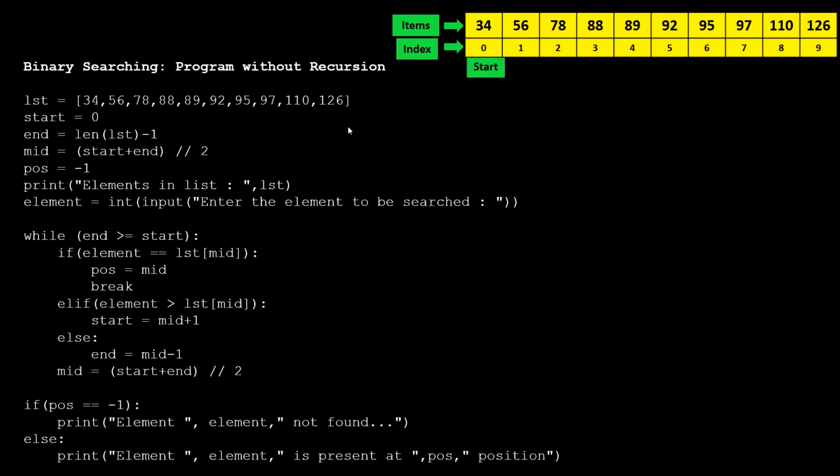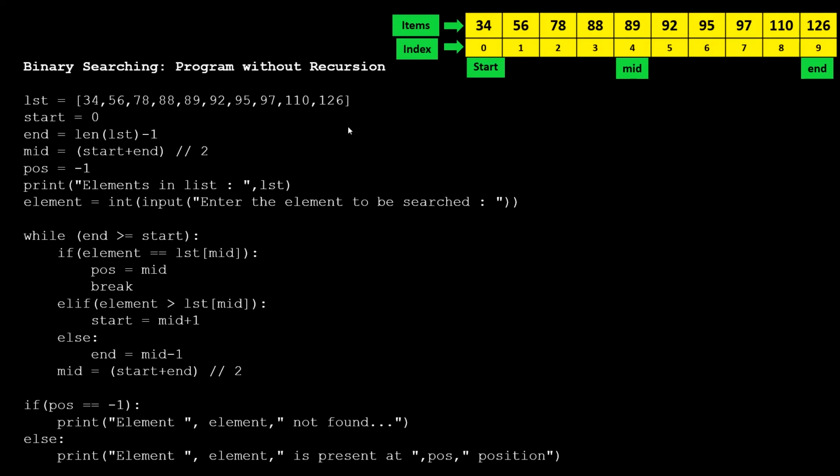Now the start index is initialized at 0 and the end index is initialized at length of list minus 1, that is 9. The mid is computed as (start plus end) divided by 2, and we obtain floor integer division.